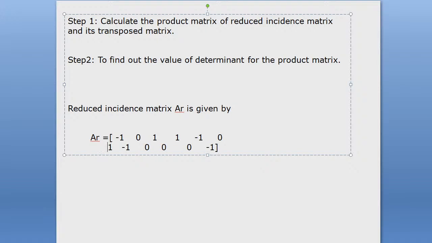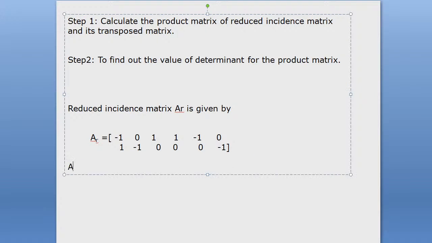This is the reduced incident matrix. Now you take its transpose. You make it subscript form, and now you calculate its transpose, A_R transpose, equal to, you can write